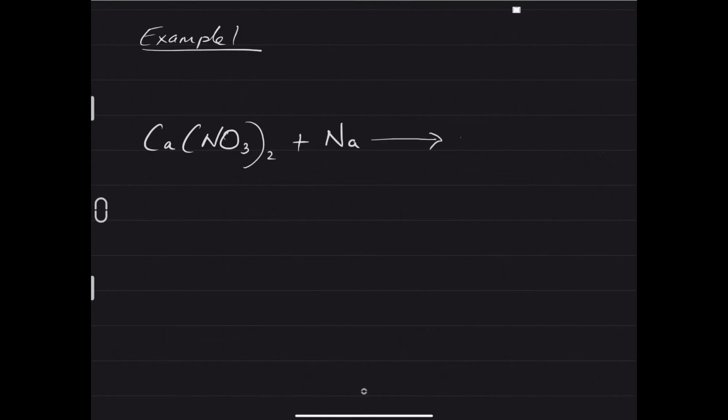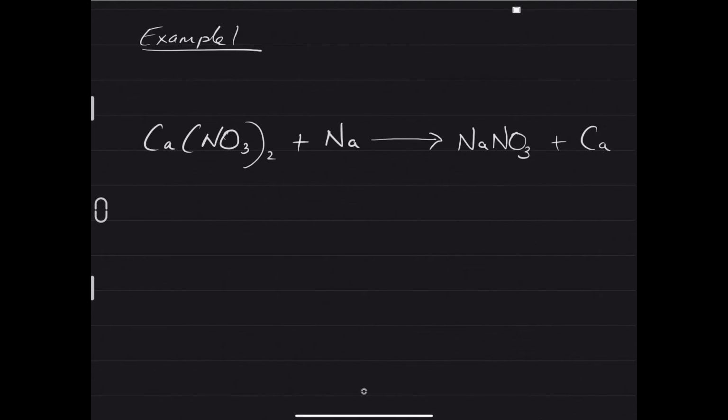So the first example, let's take this as example 1, and we'll take this equation here: calcium, nitrogen, oxygen, let's put that one there, and let's have a sodium. This gives us NaNO3 plus Ca. Okay, so we can see here that this equation is not balanced. From the outset, you can see that